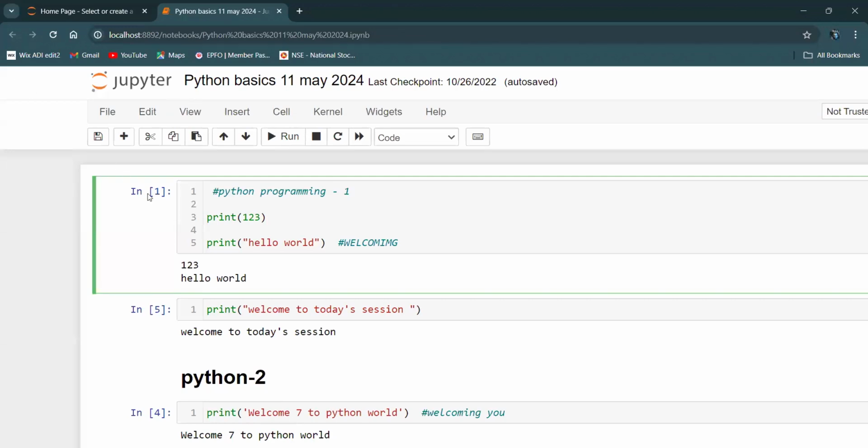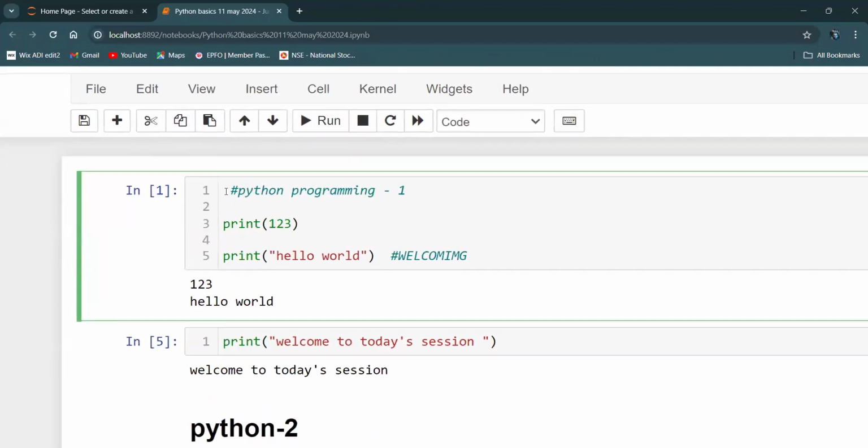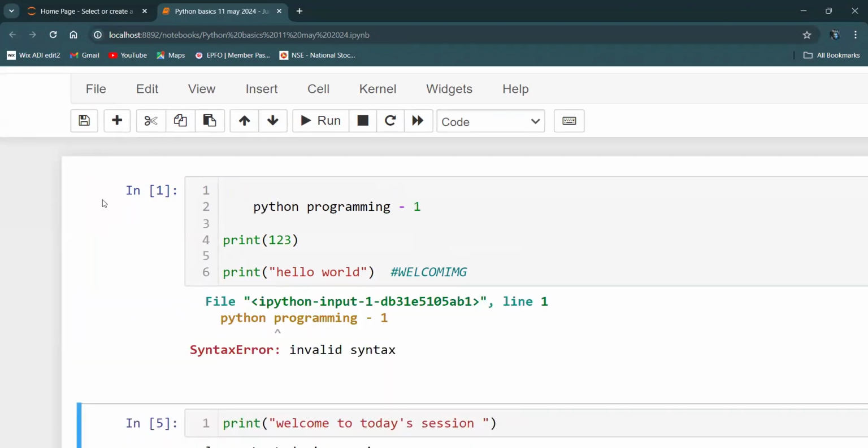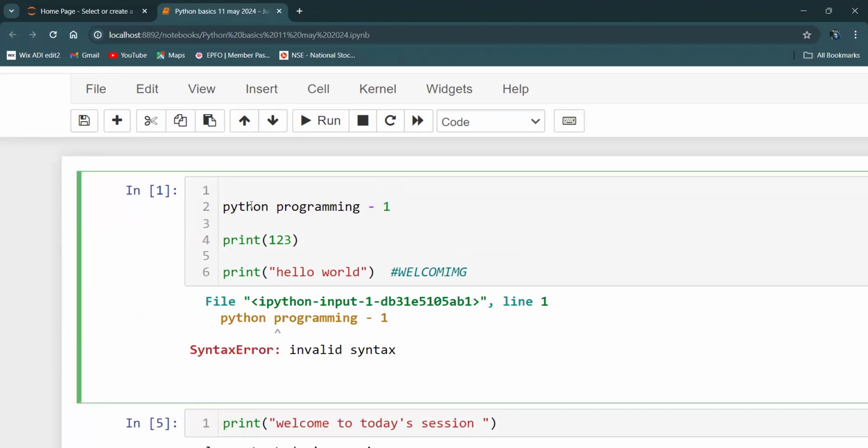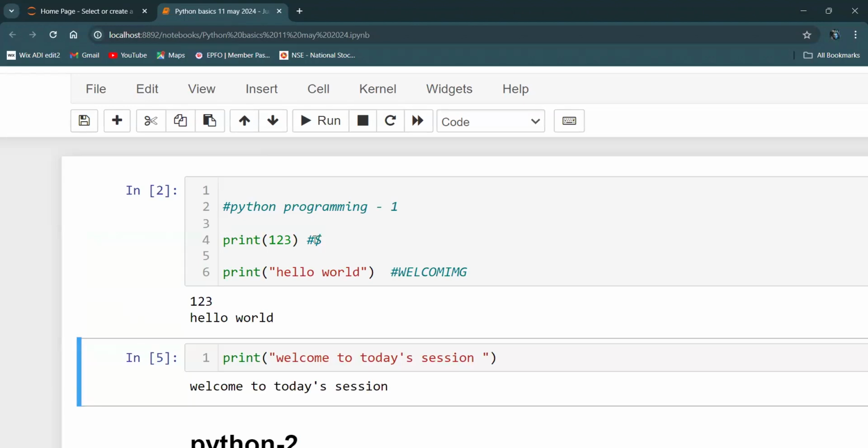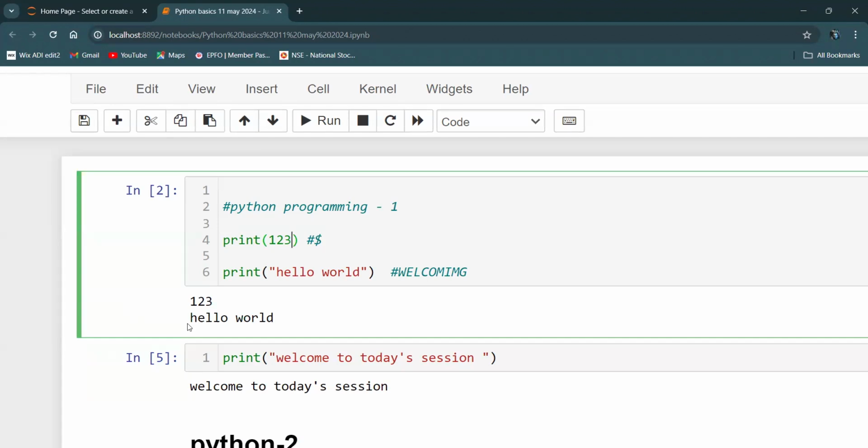And then whatever I write after a hashtag will be considered as a comment, for example. Now, forget about these two. So you are trying to start with Python programming and the session 1. If I just run the code, I'll get an error because this is an invalid syntax. Whatever I write after a hashtag, after the code, or just as a header, will be considered as a comment. So we have made a note. You're printing 1, 2, 3, and you got the result there.